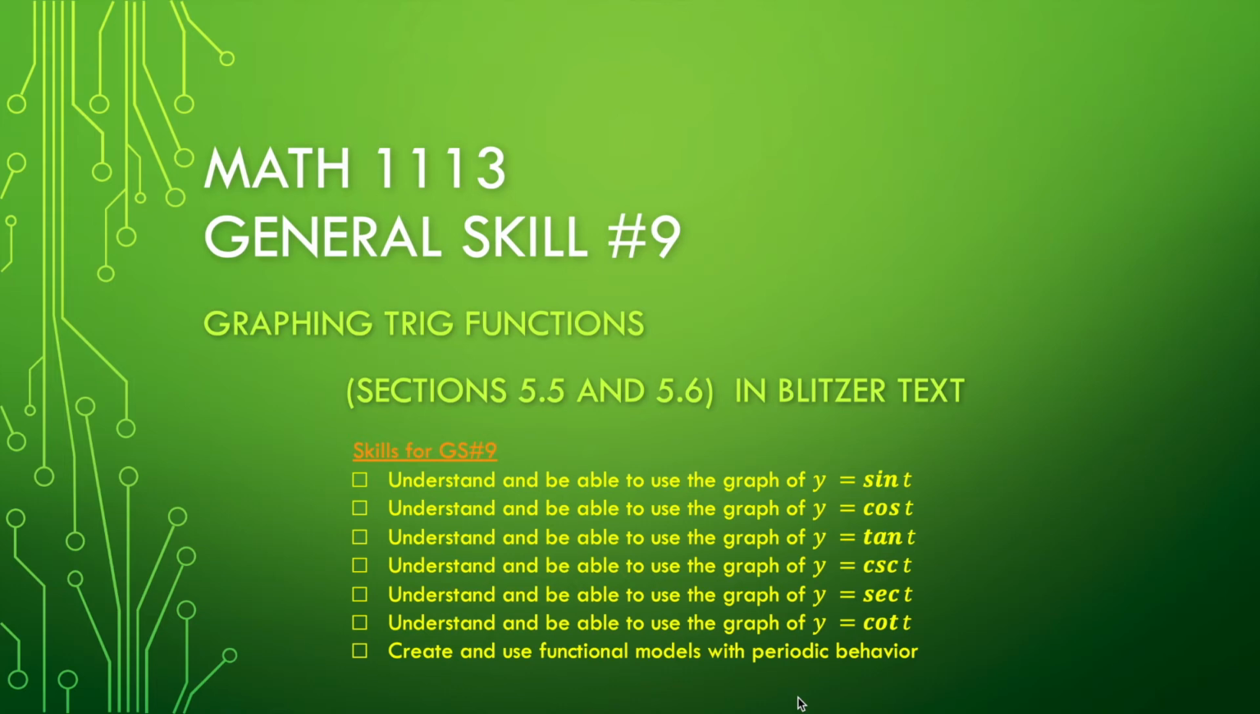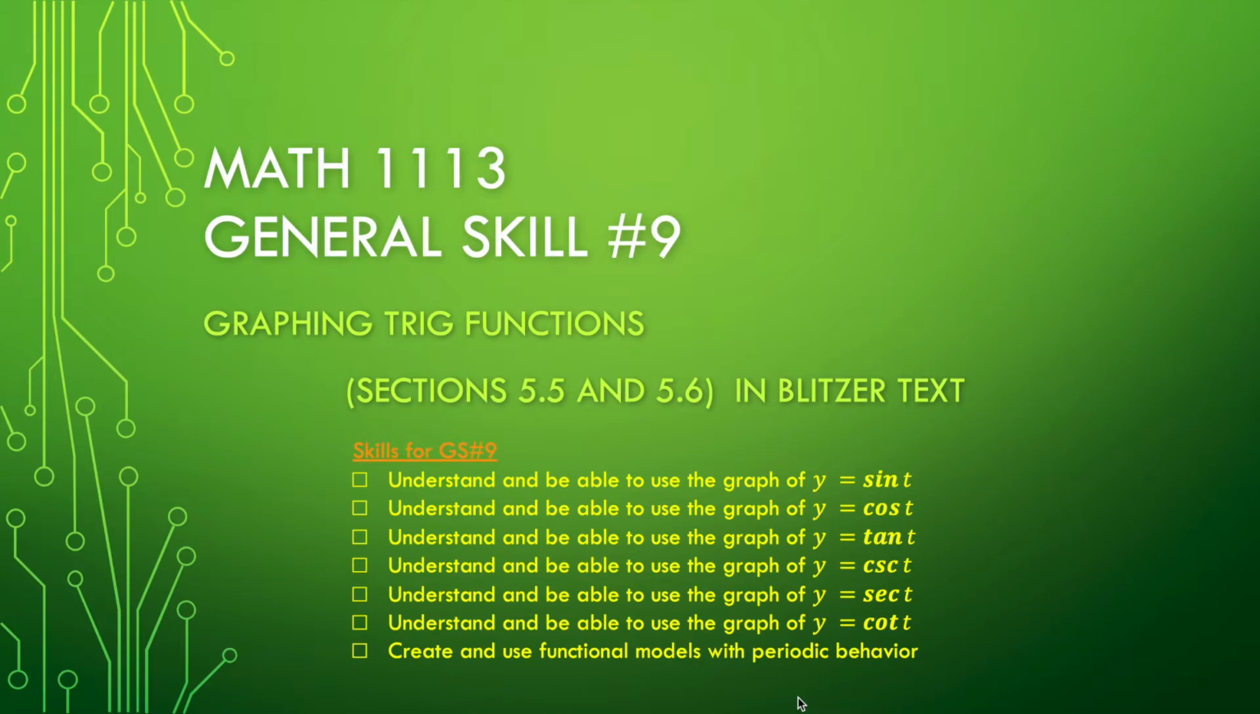Hey there, and welcome to a continued dialogue about how we graph trig functions. And in this video, we're going to talk a little bit about what the different transformations do to the graph of y equals sine of t. And we're going to start picking apart some of the functions and really kind of understanding what each of those